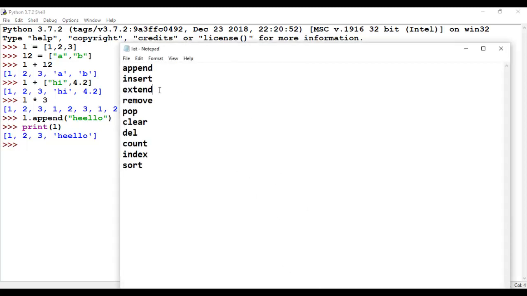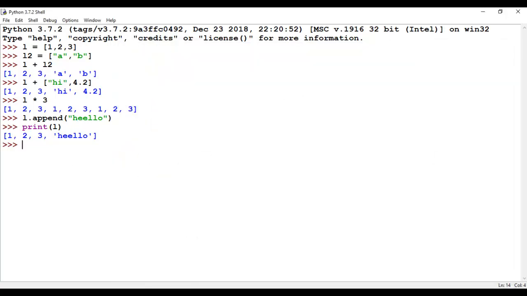Let's move on to the next function, which is insert. What insert does is that it pretty much does the same task as append, but instead of inserting at the end, we can insert at the specified index value. Let's see with an example. As I said earlier, always the indexing starts with 0, 1 and so on. Let us see if we want to insert a new item at the index value 1, we are going to write in the following manner: L dot